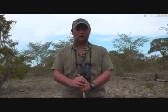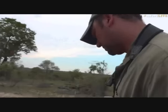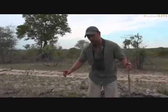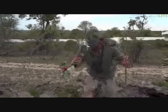So we're busy walking around, trying to look for some of the smaller creatures that we might find on a bushwalk. You never know, we could bump into some of the bigger animals too, but maybe find a few little insects, and I've managed to find one over here. Let's hope it stays very, very well camouflaged. So I'm going to go down slowly and point it to you. Beautiful little grasshopper